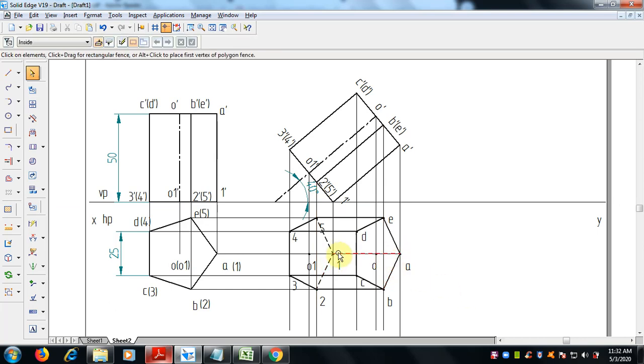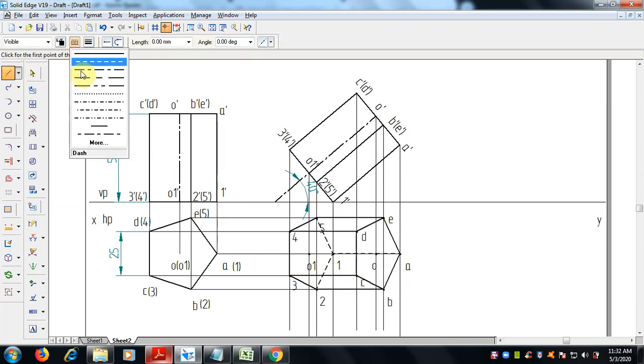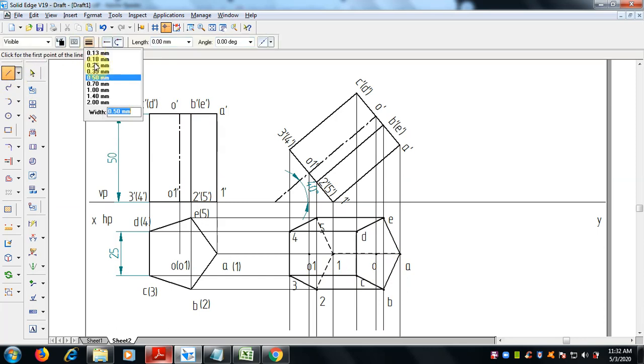So we cannot make it visible because this is also visible. This line which is drawn in here is invisible only. And for the center axis, select the axis line, select 0.5 mm. Here O1 dash, this is the end of the line, we can take it at least.